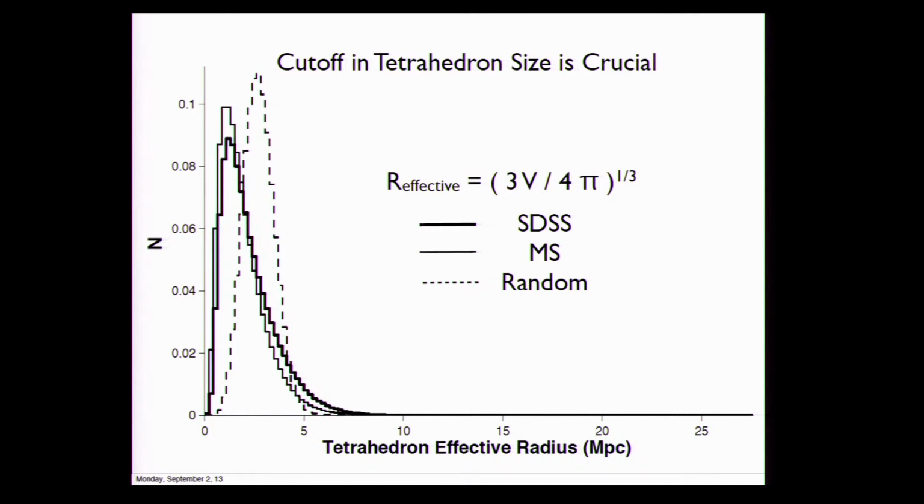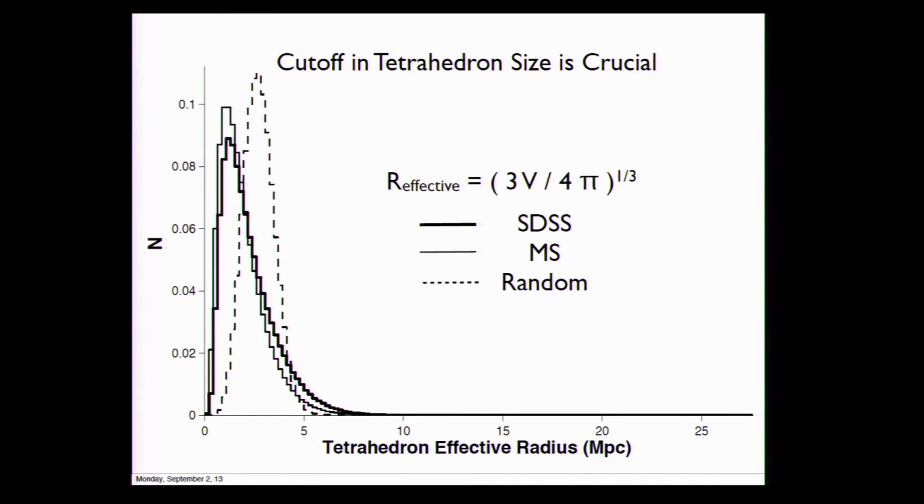And what's shown here are 3 different histograms of the tetrahedra sizes from the Sloan data itself, from the Millennium simulation, with a data selection meant to mimic our volume-limited sample from the Sloan data, and then a set of random points with no structure at all. And you see that the Sloan data and the Millennium simulation have a very, very similar distribution, very different from the random, which, as you expect, is narrower, and so you're sort of focused on looking at the tail of the actual data as being the significant